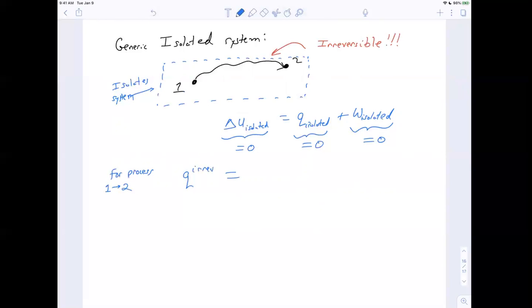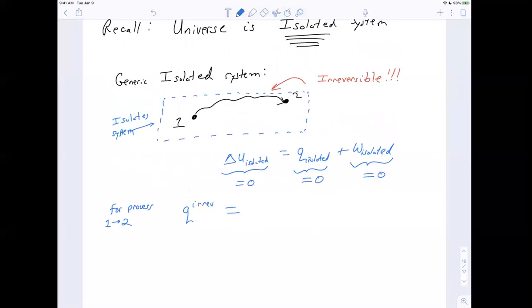For the irreversible process from 1 to 2 of this isolated system, the Q that's associated with it, the Q irreversible in this case, what value would it have? No one wants to take a guess? Zero. And that's because